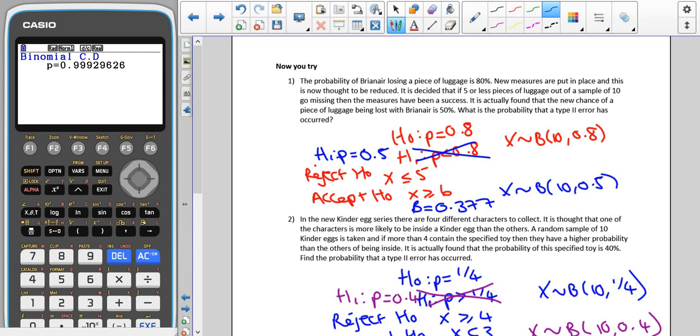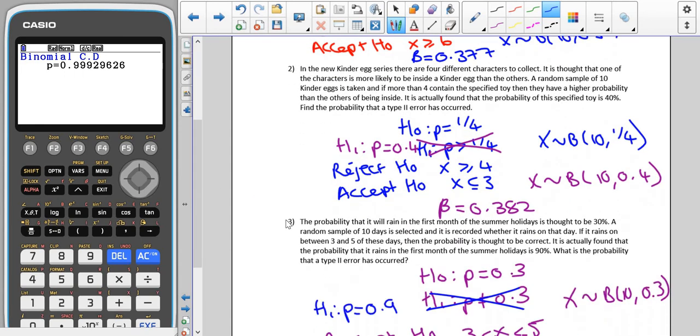So then using x follows a binomial distribution with an n of 10 and a probability of 0.5, finding the probability that x is greater than or equal to 6 gives us 0.377 for our beta. For question 2, we've got, in the new Kinder Egg series, there are 4 different characters